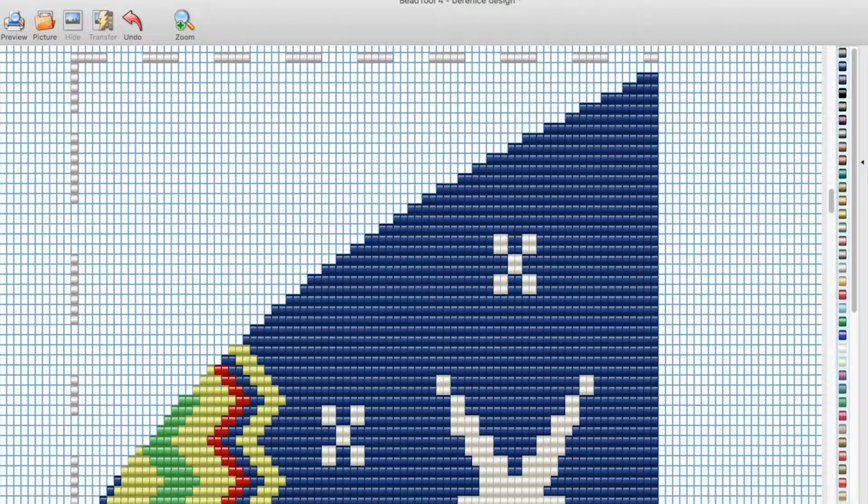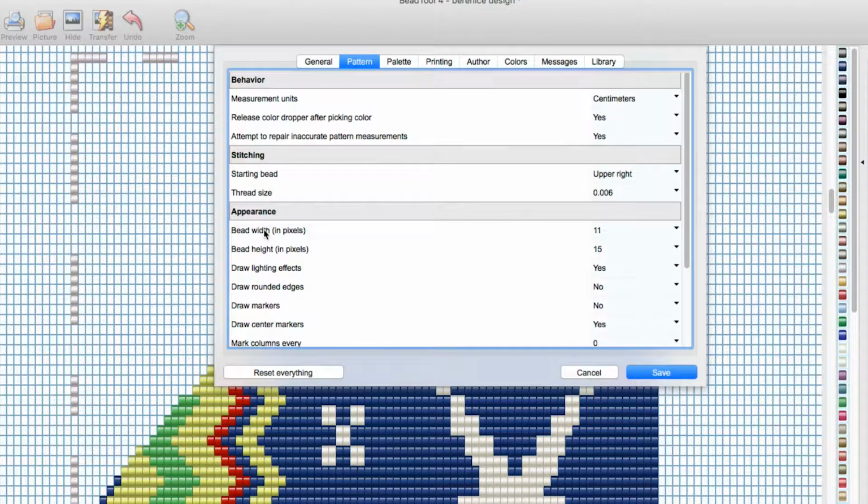So you go into Bead Tool Preferences and you find the Pattern tab, and what you're looking for is appearance, bead width in pixels versus bead height in pixels.